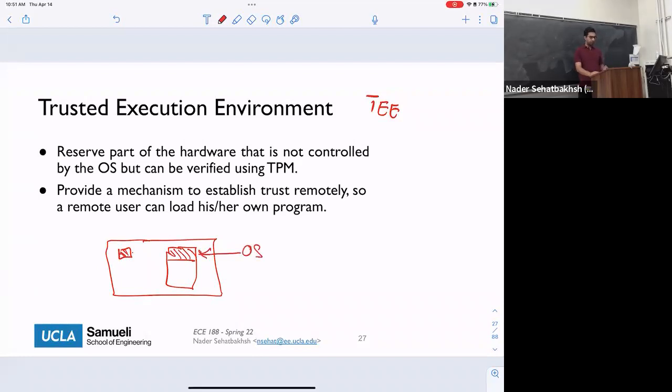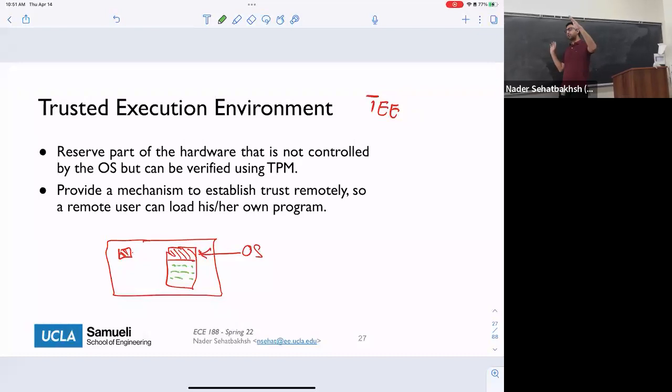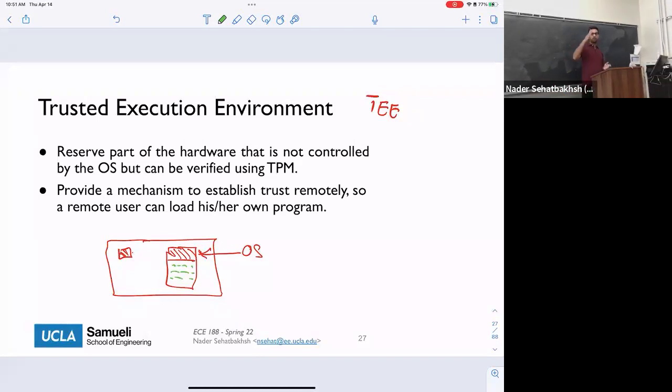And then after that, we really don't trust the rest of the things, because the rest is controlled by the operating system, and we cannot really just verify everything in our memory because our memory is huge and things are dynamically changing. So it's not an option to just verify the entire memory. Okay. So that's the way that we are working right now.